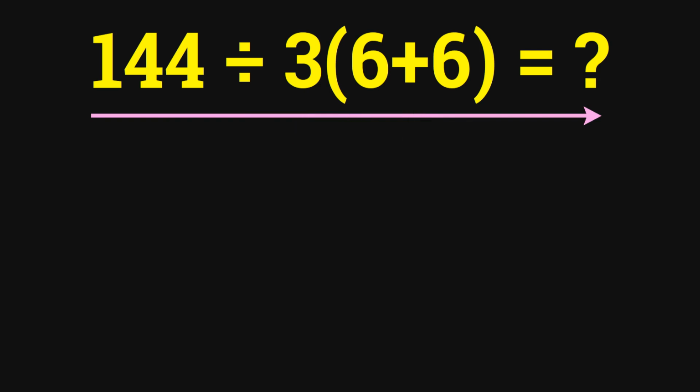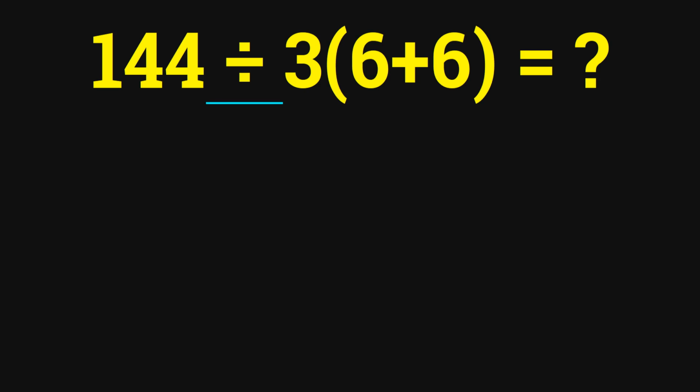Okay, let's start our solution. In our problem we have this division and this multiplication. Also we have these parentheses for this multiplication. In mathematics, if a number is placed next to parentheses, this means multiplication, and we don't write the multiplication sign